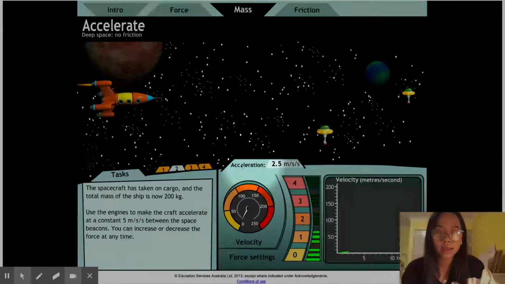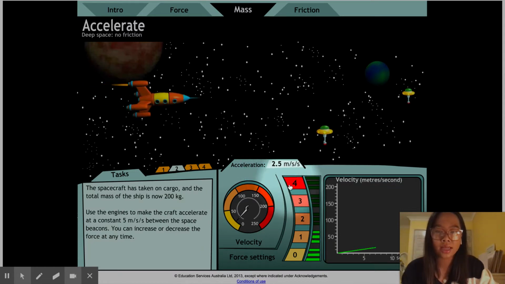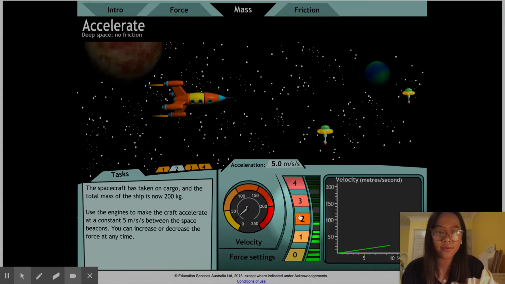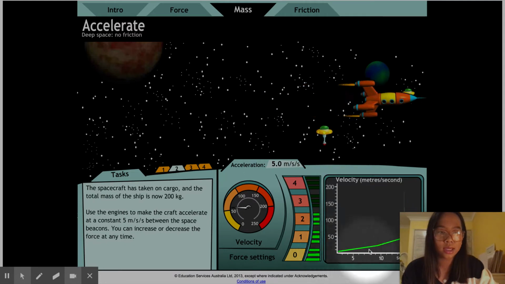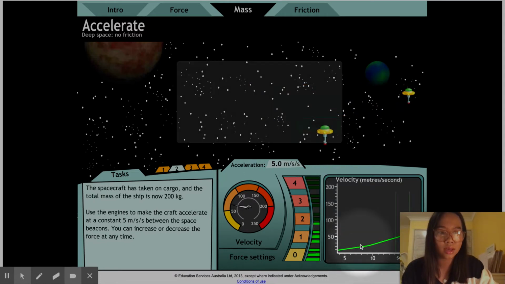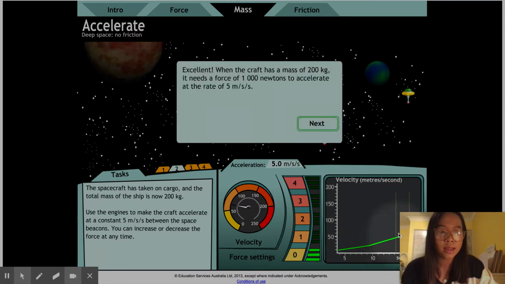At 1, the acceleration reads 2.5 meters per second per second. However, the task tells us that it needs to get to 5. Students can change that to 2, and now they see that it's reached 5. And how the motion has changed in real time, as you can see the changes there,